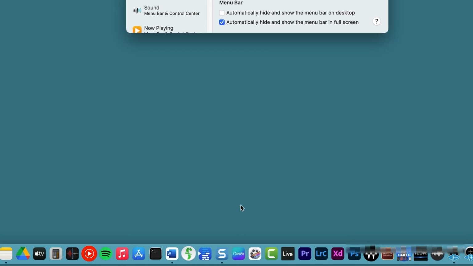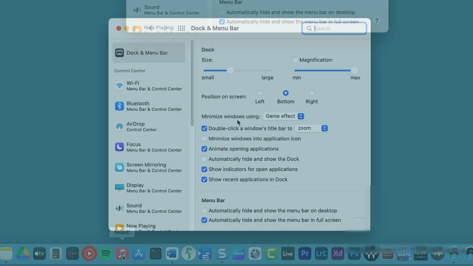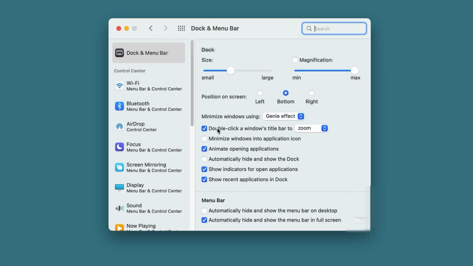And if I turn that off, you'll see that the dock just stays flat, and I have to hover over my application to see what the name of it is, but over time you start to memorize the iconography of the application. This feature here where it says double click a window's title bar to zoom or to